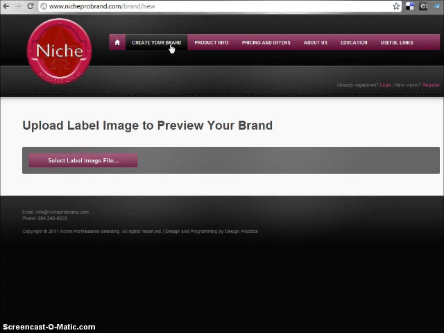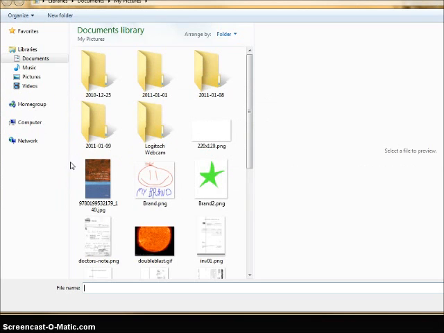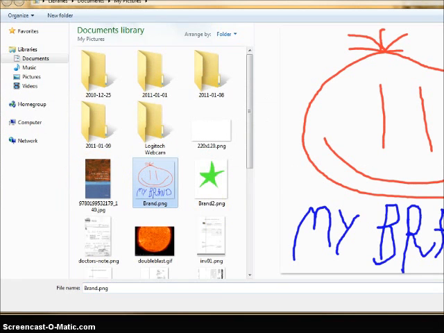And you'll notice that in the section on top, right here, it says login or register. This is because I'm a first-time visitor, I'm not logged in, the site doesn't know about me. But it still lets me create a label based on my image. So I pick my brand and